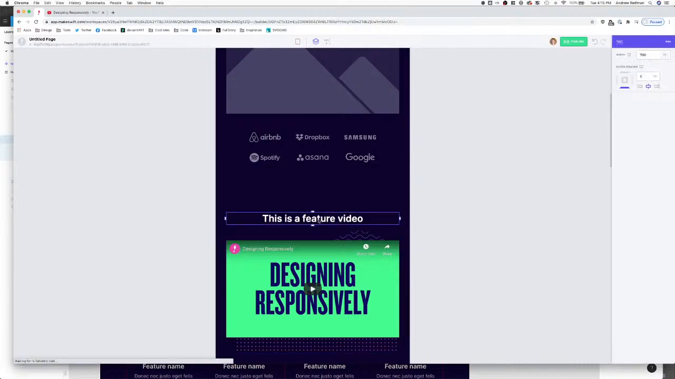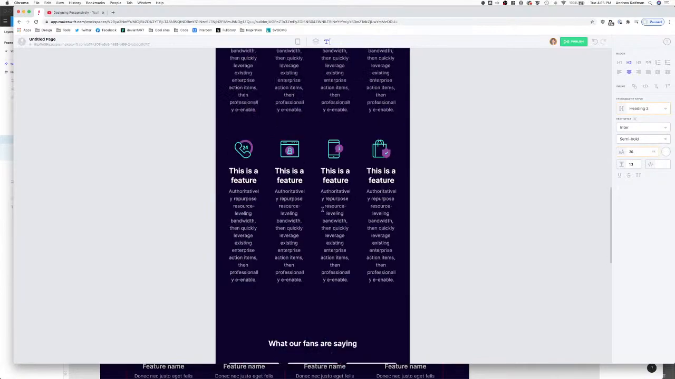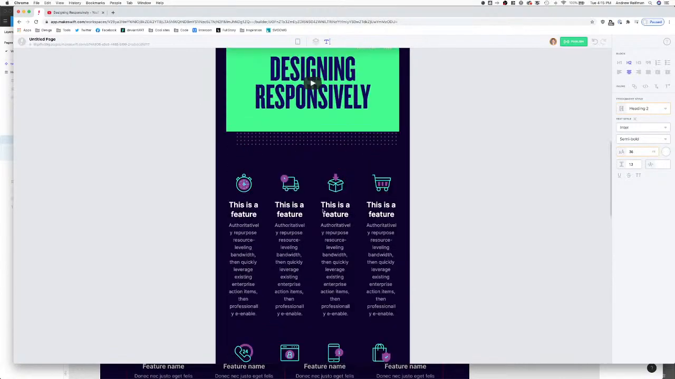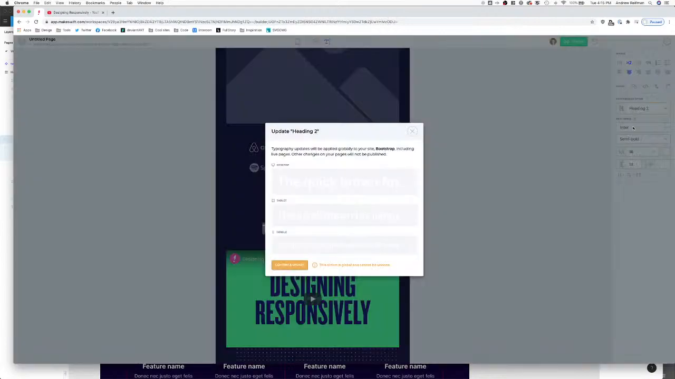Okay, so since this one is used a couple times on the page, I am going to go ahead and update it so that I can see what it looks like on both parts. And when I update this,